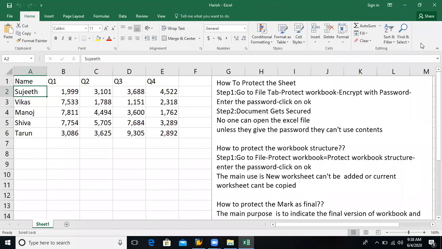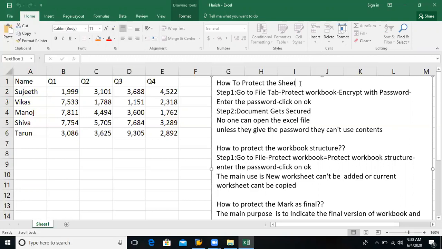No one can open your Excel file unless they give the password. They can't use the contents. That is the main use of protecting the sheet. Once you protect the sheet, no one can open the Excel file unless they give the password, and they can't use the contents either.